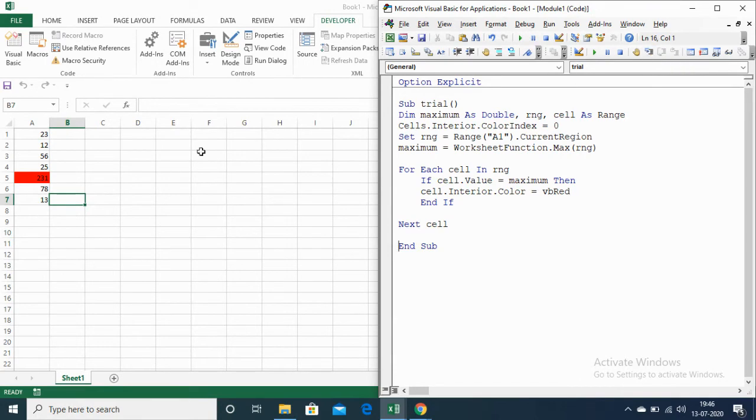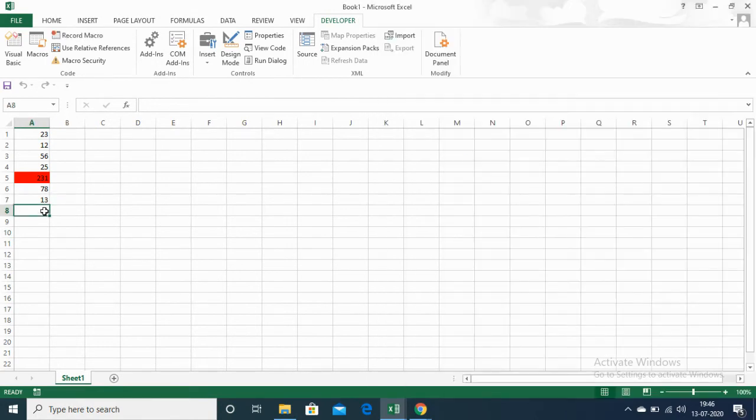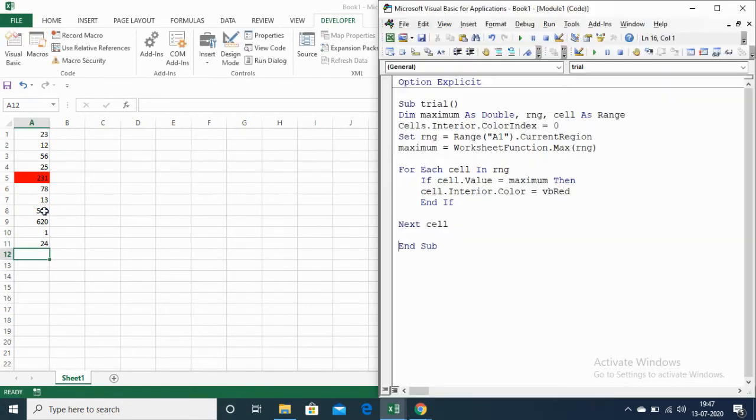And done. Now let me add a few more numbers. Let me add 500, or 620, 123, 23 was there, so 24. Now let me find the maximum number in this range.